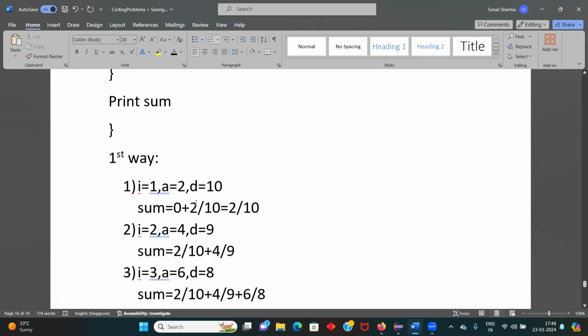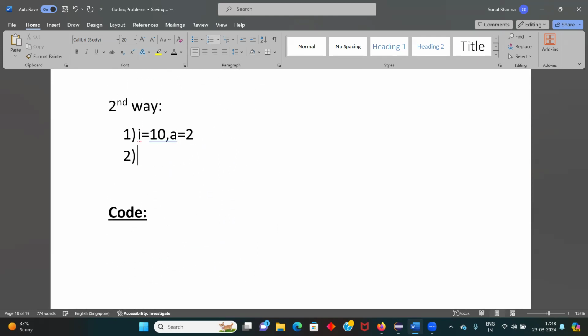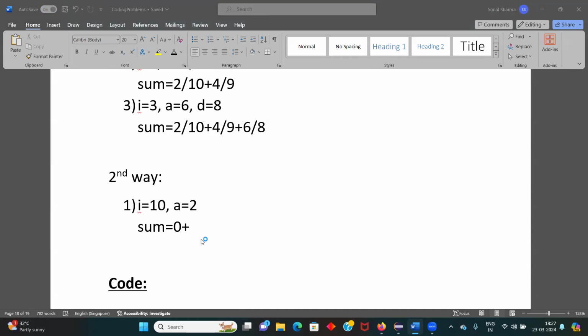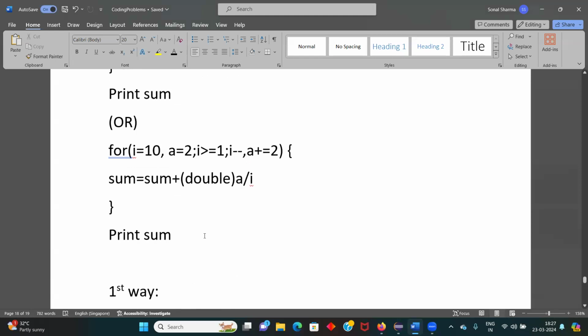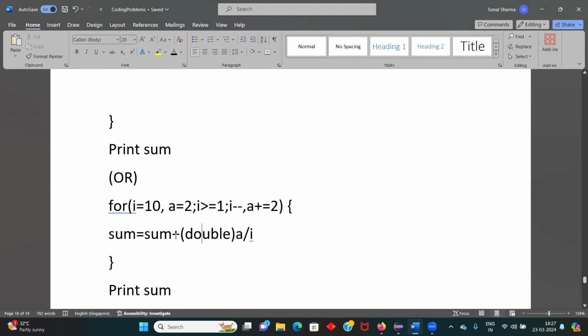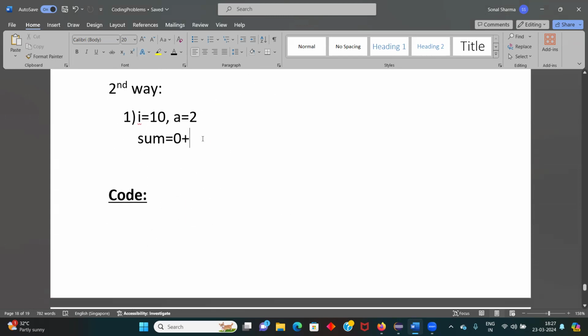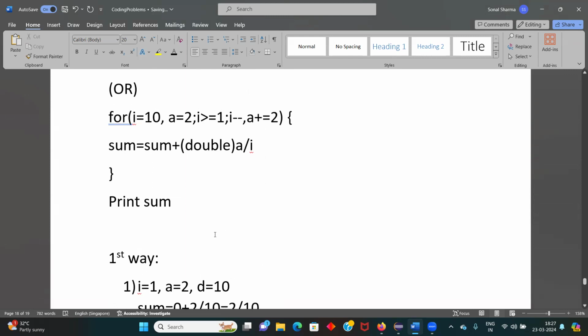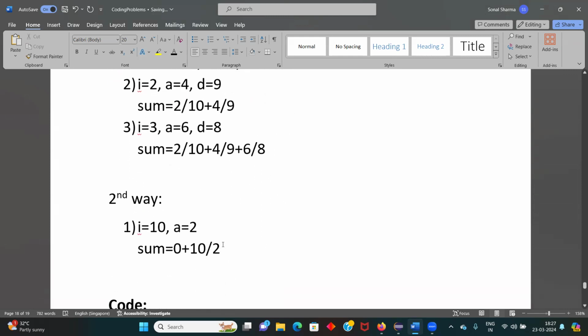And A will be equal to 2. So initially my sum is 0, 0 plus, as you can see, I is 10 and my A value is 2. So what will be my sum? I am going to write it, it will be A by I, sorry. It will be 2 by 10,